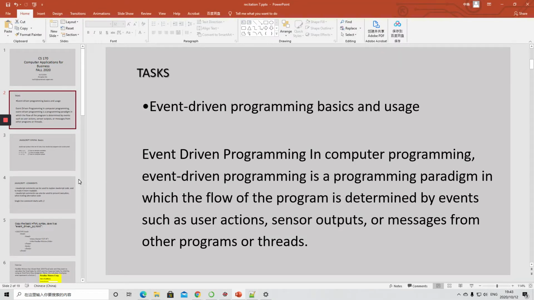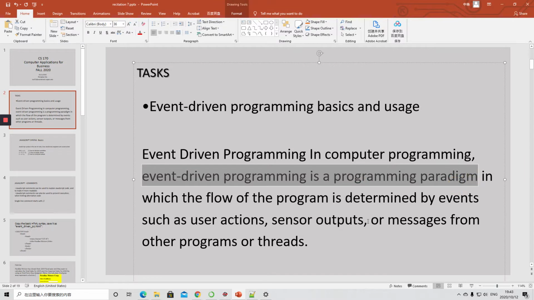So today we are going to cover the concepts of event-driven programming. If you have already taken the lectures, I think you will have a basic idea and will be familiar with this concept. Event-driven is a programming paradigm in which the program is determined by events such as user actions and sensor outputs. When I say user actions or events, what I'm saying is that